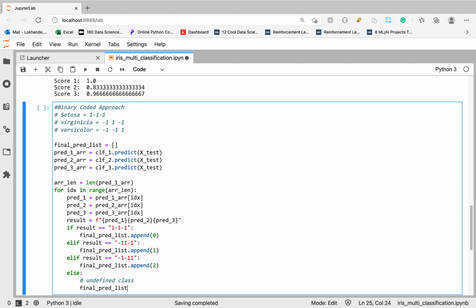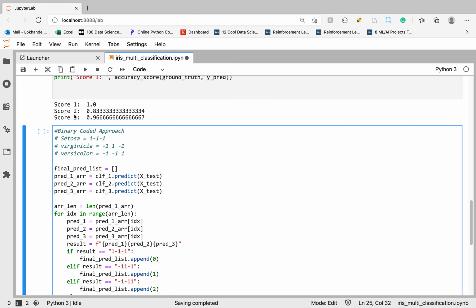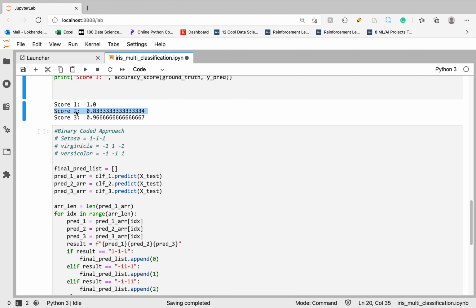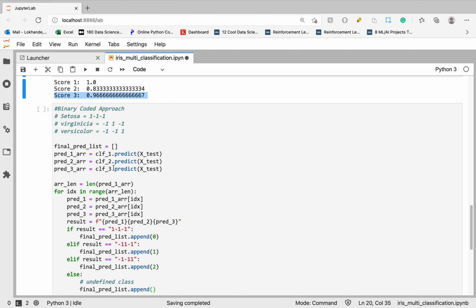So here we just make a random choice. We know that the accuracy of classifier 2 is 0.83, basically 83%, the accuracy of classifier 3 is 96%, and classifier 1 is 100%. Then obviously we will make a random choice between classifier 2 and classifier 3, where classifier 2 is responsible for recognizing virginica, and classifier 3 is responsible for recognizing versicolor.